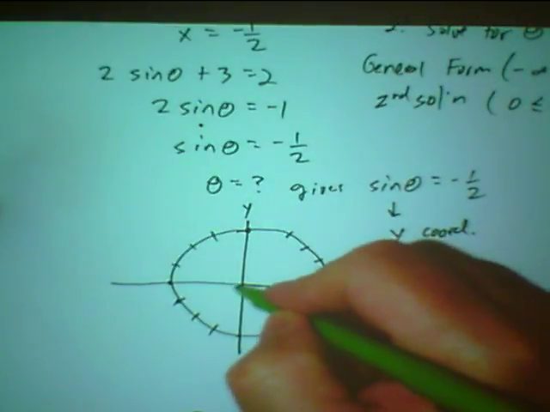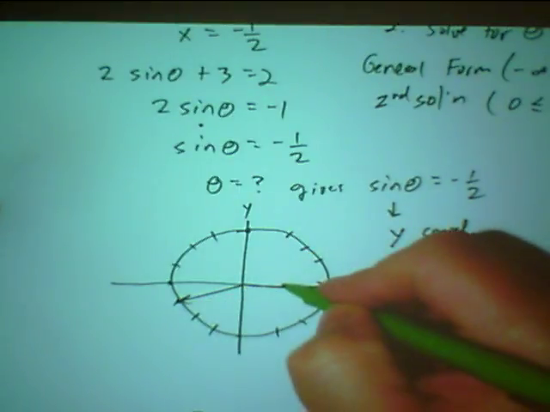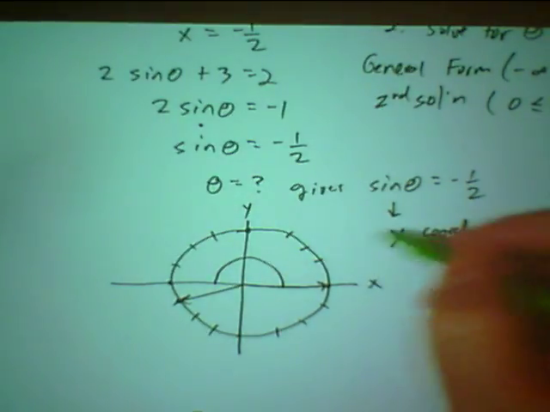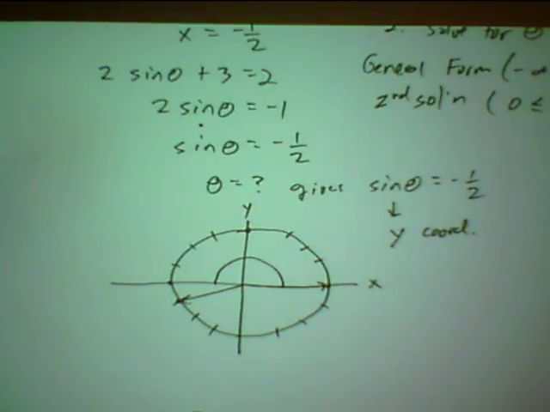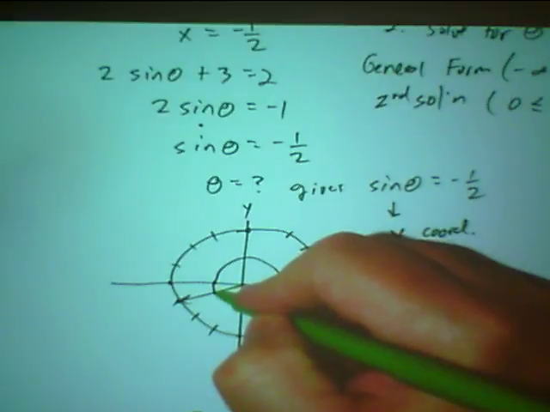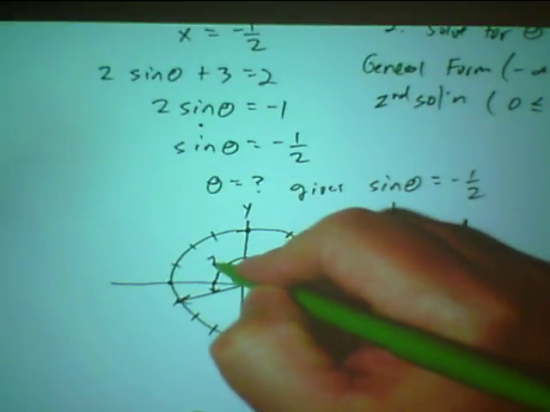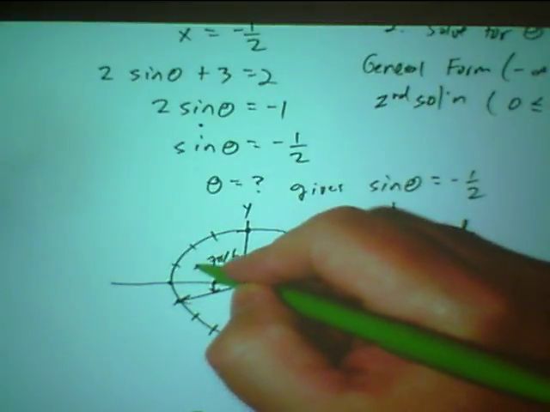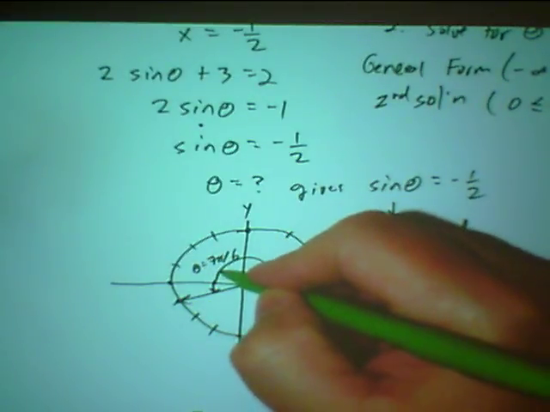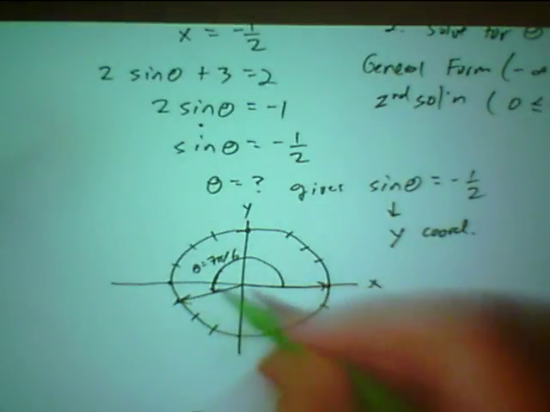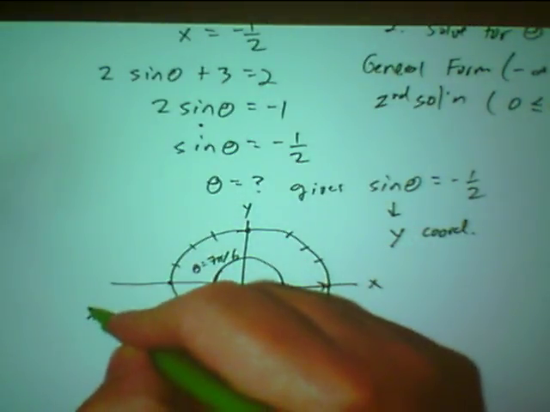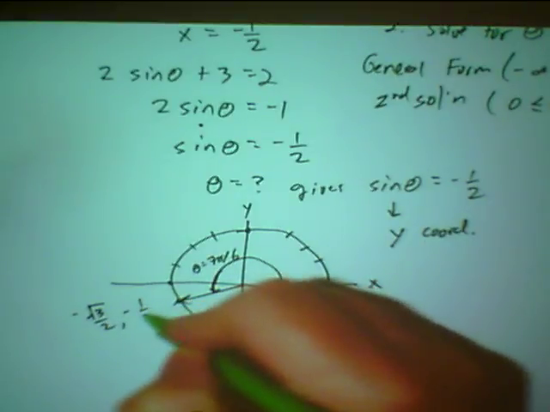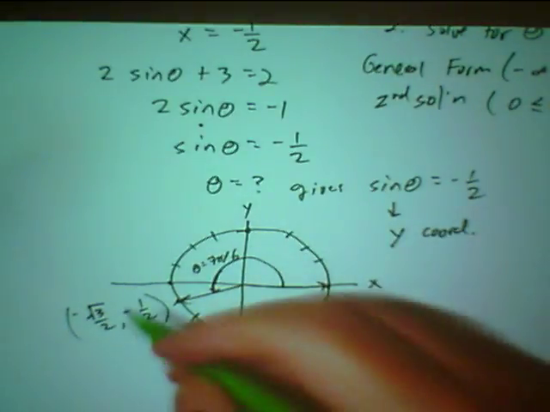And then I remember that this point right here, the angle to get to that point, if I start here, once I go to the negative x-axis, that's pi, and then if I go on right here, I've actually gone 7 pi over 6. This angle right here is 7 pi over 6. And that point, the x is -√3 over 2, and the value of y is -1/2,